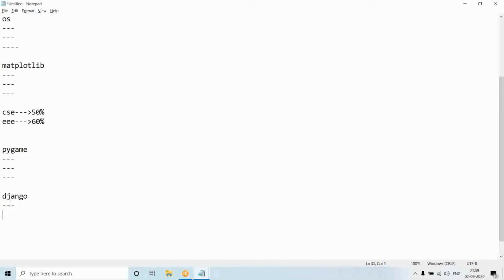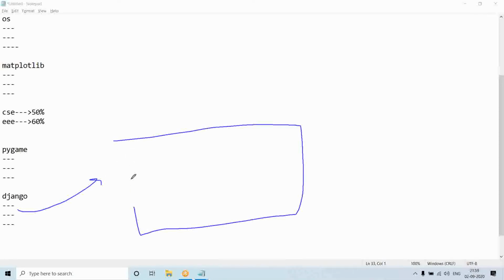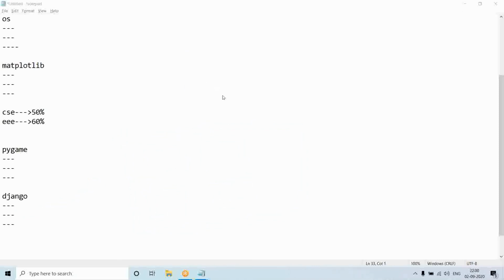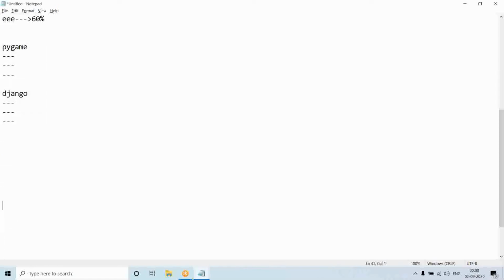So there is a module called Django. The D is silent. If you write the Python script using the Django module and the script is executed, what will happen? One good website can be created. Website means a collection of web pages like Gmail, Google, Yahoo. Simply speaking, the Django module is meant for web development in Python. To create websites, we will use the Django module in Python.